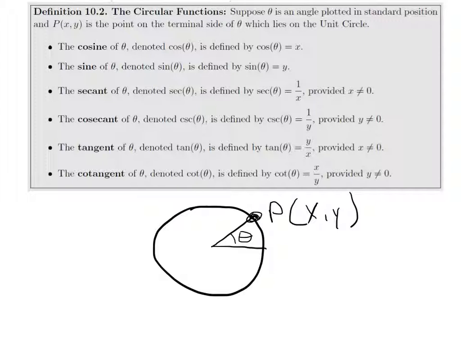So what's new in this section? We have secant, S-E-C, secant theta. Secant theta is 1 over x. Since cosine of theta is x, you might notice that secant is 1 over cosine as well. So secant is 1 over x, of course, provided x not equal to 0. All of these statements are provided x not equal to 0, or y is not equal to 0,